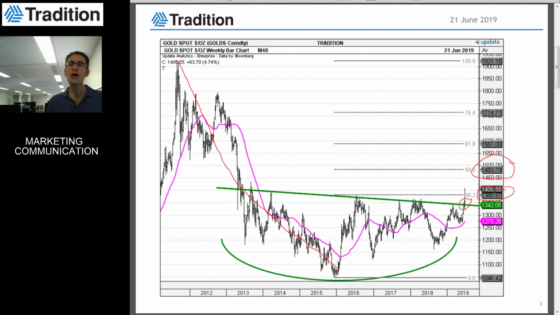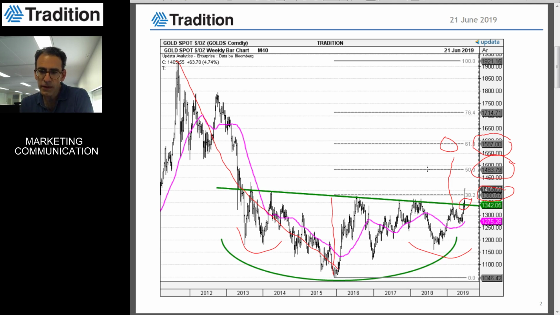And I see that as a pretty bullish signal and as an indication that gold prices are likely to continue their rally in the medium term. The next target being the next Fibonacci resistance at 1484 and potentially even higher to retrace 1.8%, which is slightly below 1600. Also keep in mind that this more or less reverse head and shoulder, it's not a perfect reverse head and shoulder, but let's say it's a rounding bottom, is giving a potential target